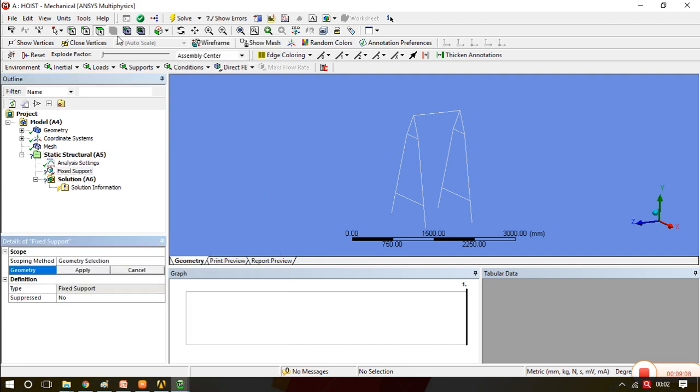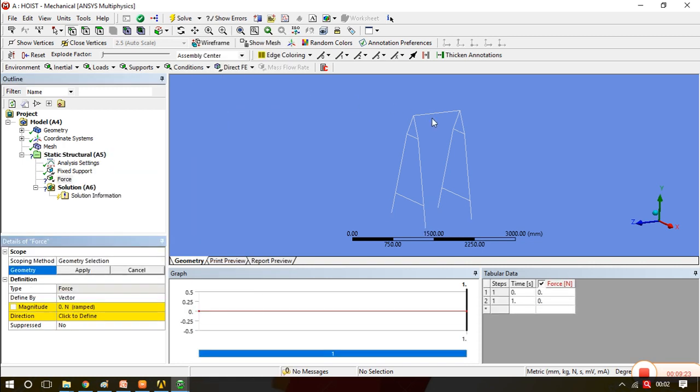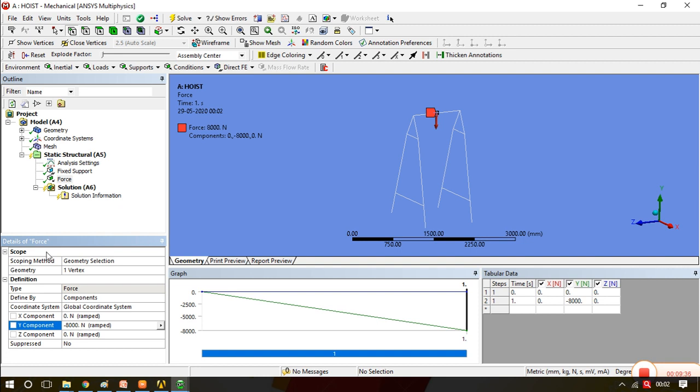This hoist is fixed at these 4 points, so we have fixed it, apply it. The load, which is a point load, is acting at this center. Apply it, and instead of vector select the component, in the negative y direction, and we have provided the negative 8000 Newton load. And now solve.